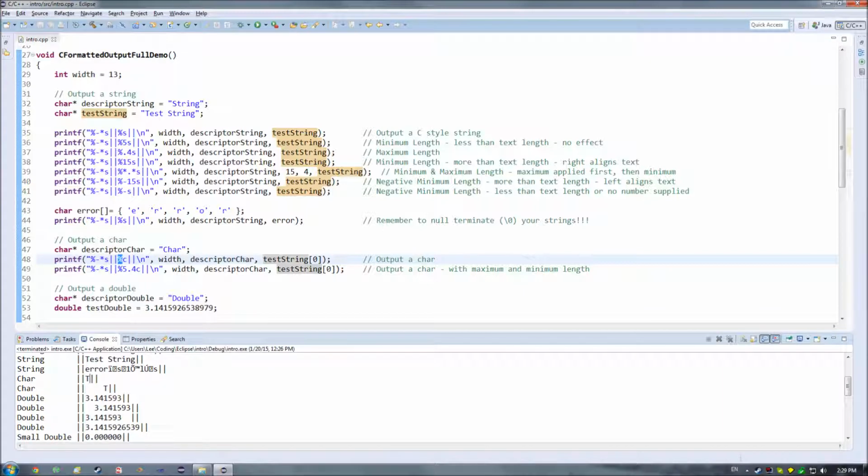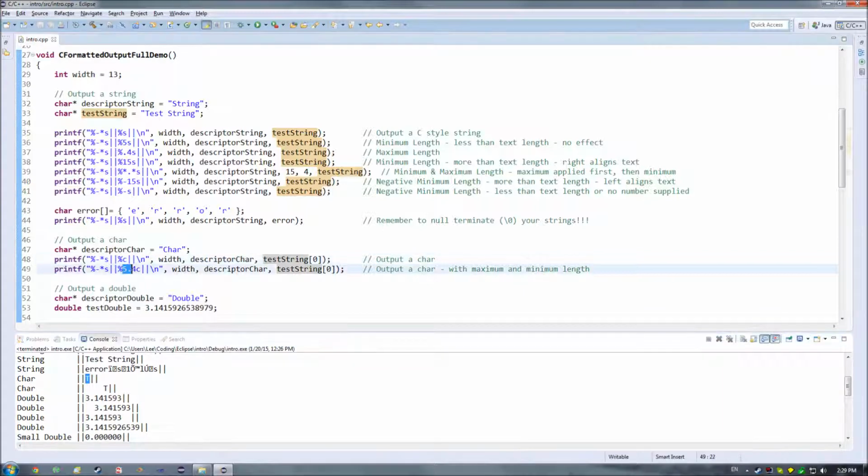And you see down here how we have t output correctly. And similar to strings, you can use this full set of notation. You can use asterisks. It doesn't really matter, but you can do that with characters. It doesn't make sense to do really a maximum length because a character is only going to have a single character. So the only thing that matters is is it 1 or greater, which means your character appears, or is it 0, which means your character doesn't appear, which really doesn't necessarily make sense because at that point you're just outputting a space. I could see times in which you might want to have one of 0, and that happens to be